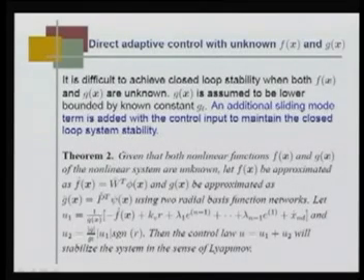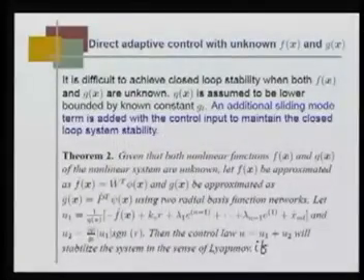And U 2 is a sliding mode term given as g hat absolute value divided by g l, where g l is the lower bound of g, which we assume is known, times the absolute magnitude of U 1 times signum function of r. Then the control law u equal to U 1 plus U 2 will stabilize the system in the sense of Lyapunov,